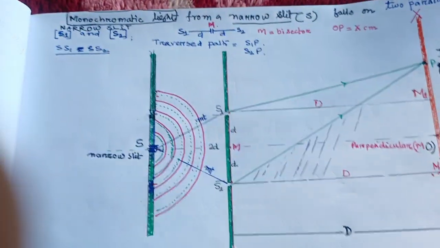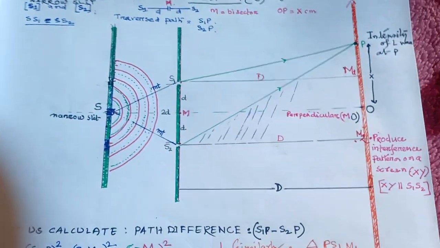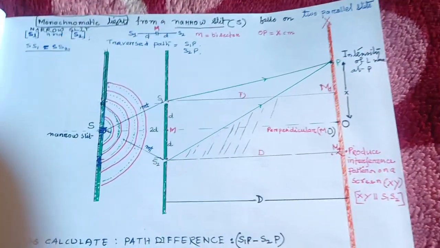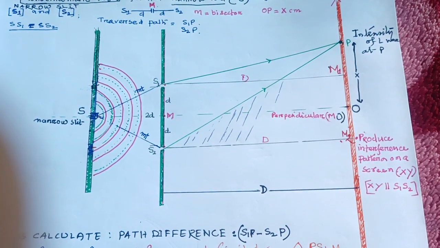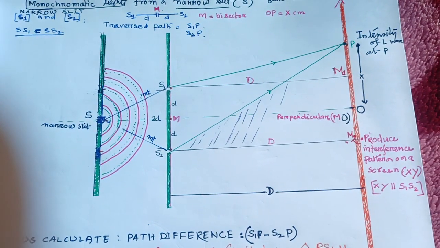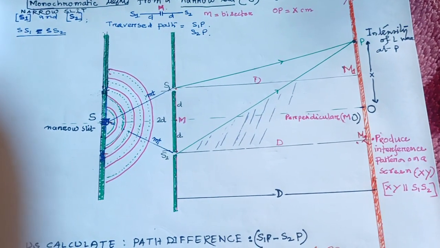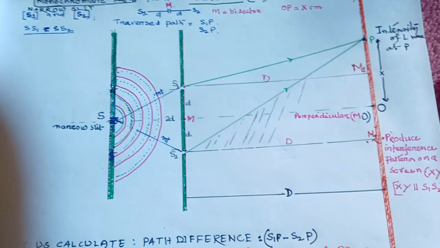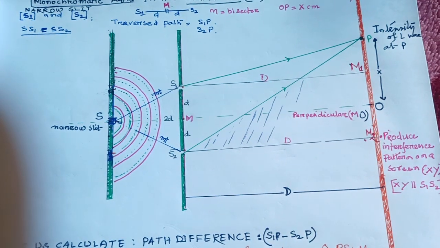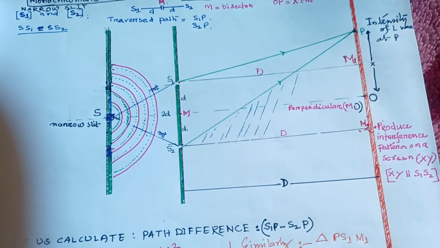Hi, look at this diagram. This diagram is one of the parts of Young's experiment. It's a very popular experiment after Huygens. So in this experiment,